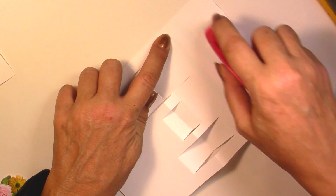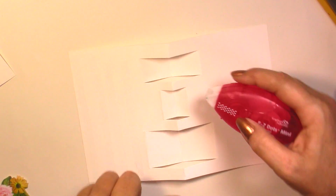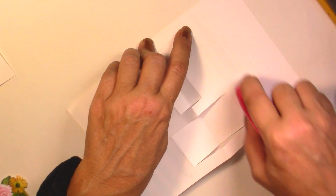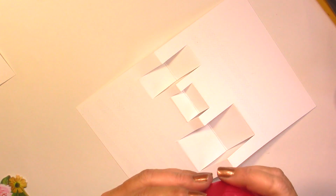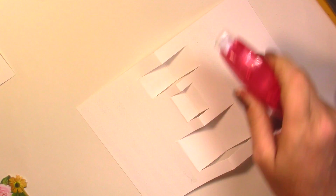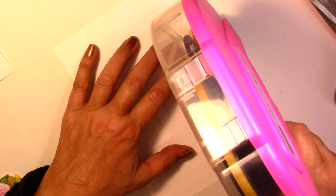So I'm going to put my glue here. Also on this side. Is it empty? Gosh, they don't last long, these things. Hold on a second, I'm going to get a new one. Okay, I found my ATG gun. Hooray! I love it so much. I haven't found all my stuff yet, but...